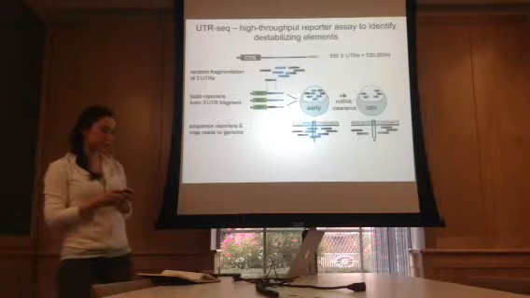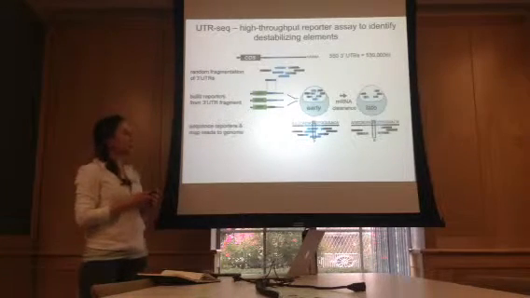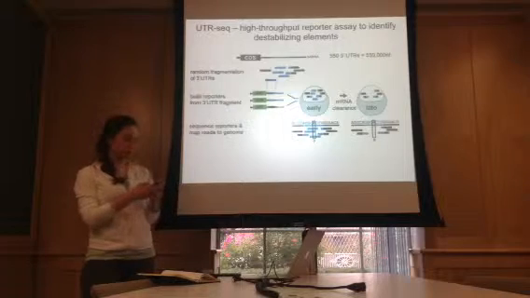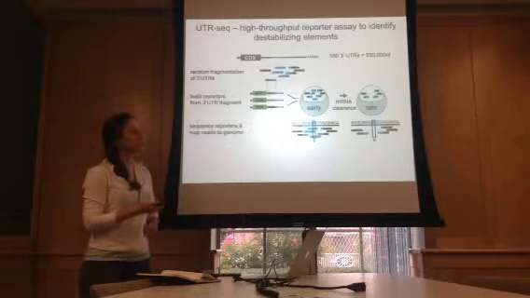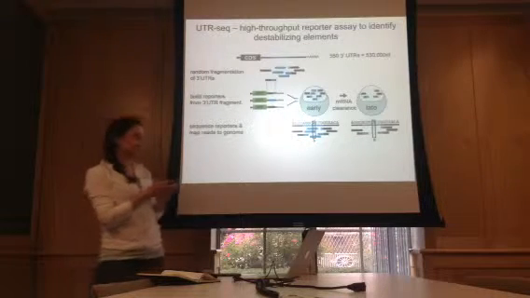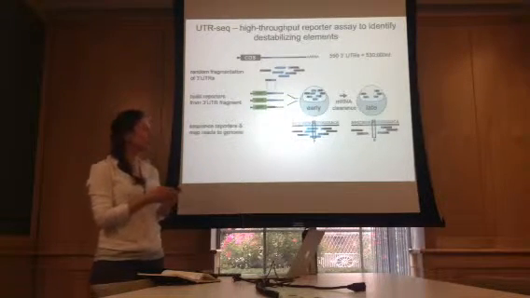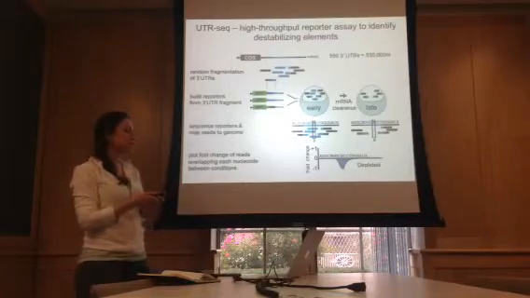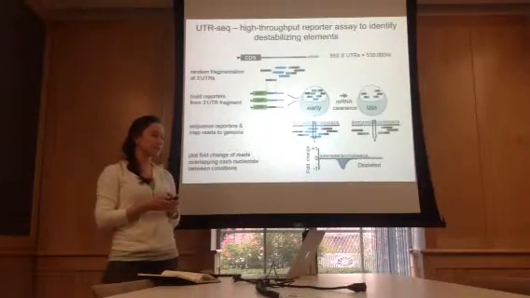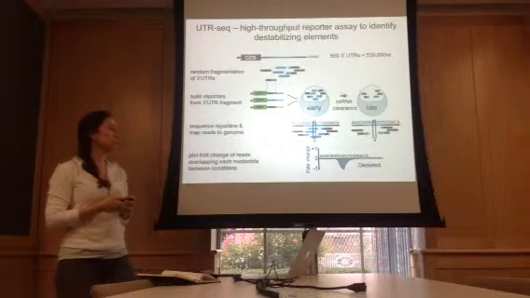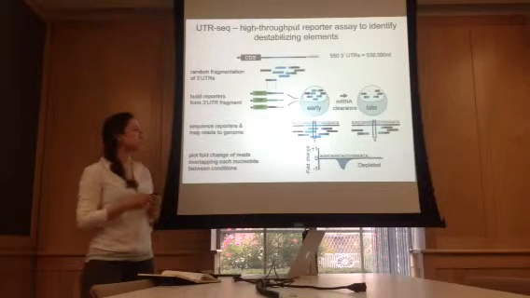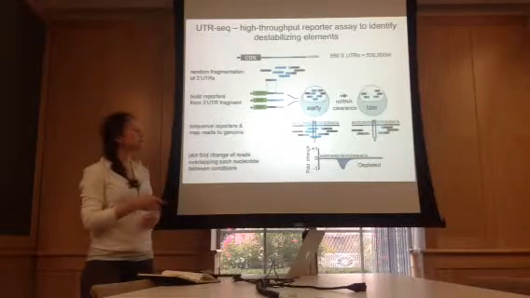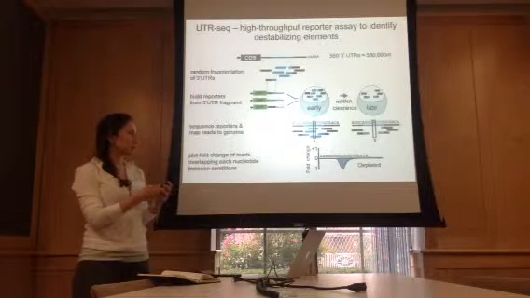We can quantify this using Illumina sequencing of the injected reporter constructs, and we can identify regions where reads corresponding to that region are depleted at a later time point, which would be consistent with harboring a destabilizing element. To visualize this destabilizing activity, we can plot the fold change of reads overlapping each nucleotide across the 3' UTR, and if a specific region is depleted in reads, we can see it as a downward peak.